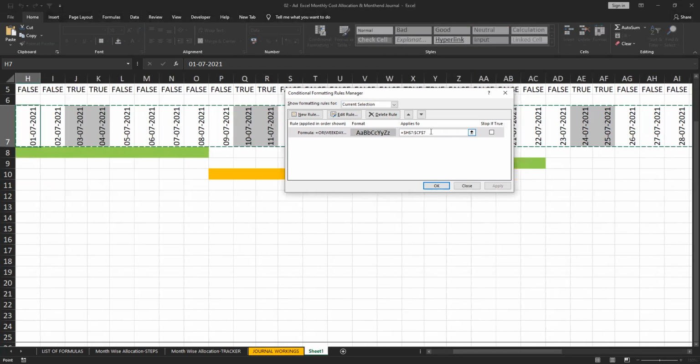Instead of 7, I need to give 25 rows. Don't use the arrow marks here; the entire selection will go wrong. Go to the specific cell and delete or do whatever you need.